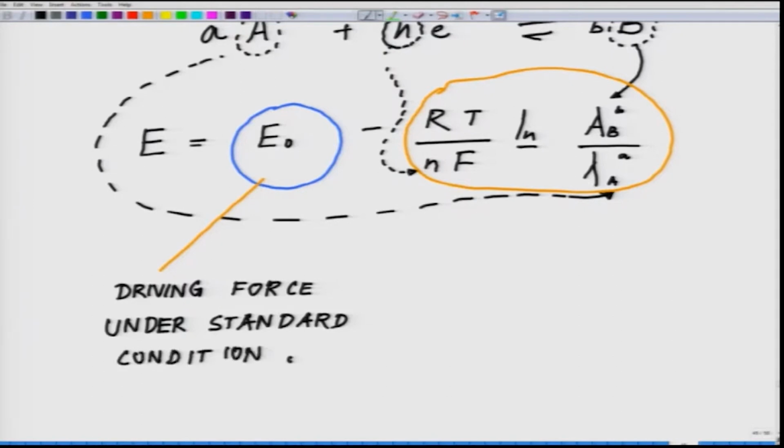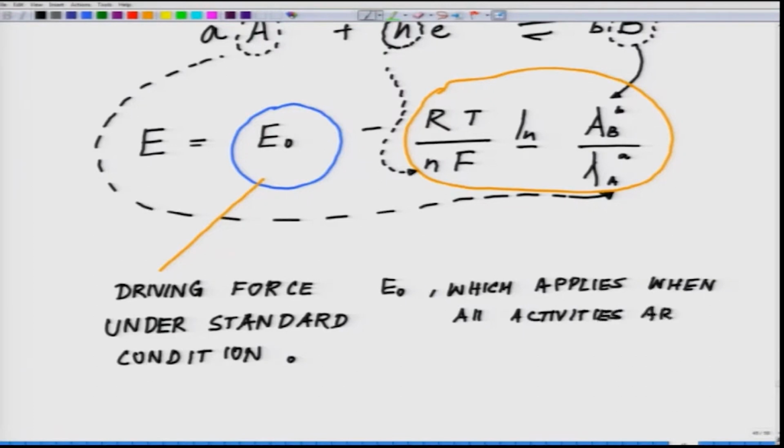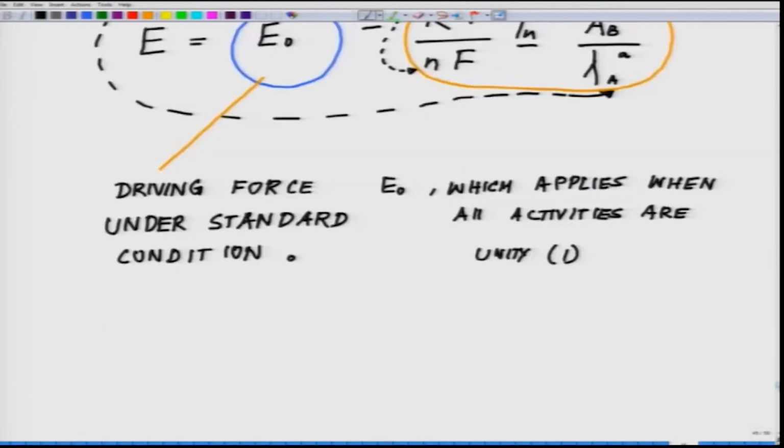This is 1, the first term, which is E0, which applies when all activities are unity. We have already talked about it, when all activities are unity, or in other one. And the second one, the second term, which is this term,